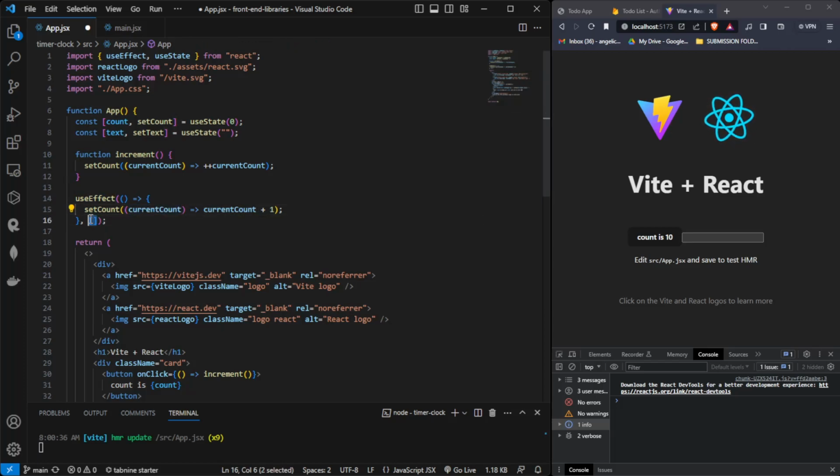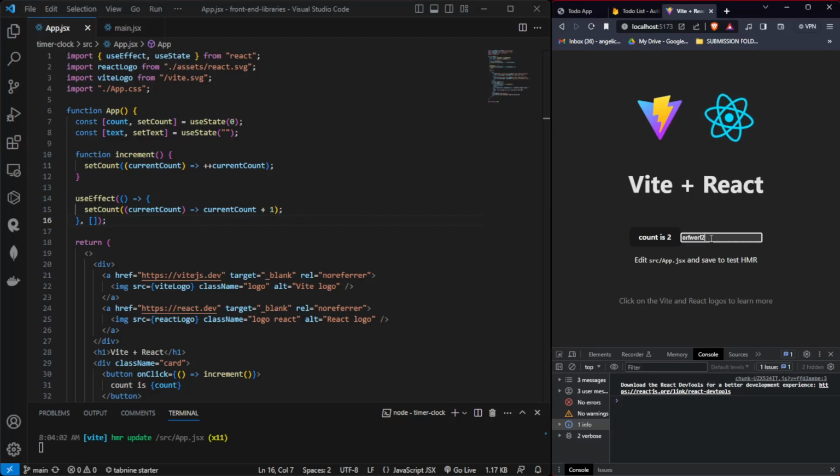And now, since we have an empty dependency array, which is a condition to say to React that we want to run the side effect whenever the values inside the dependency array change, since this is empty, this will not run again anytime the component re-renders. So now if I save and refresh, as you can see, count is 2, and if I did this, nothing will happen. Okay,